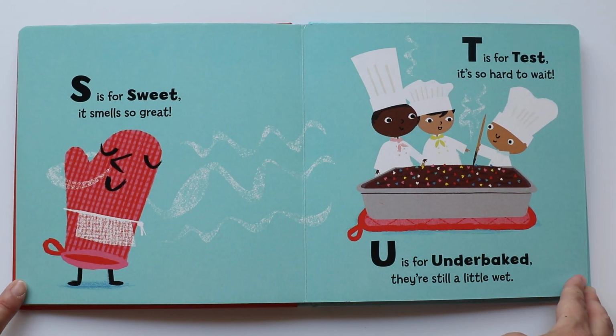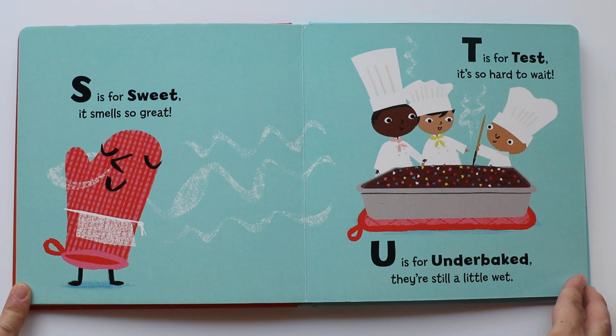S is for sweet. It smells so great. Yes, when desserts come out of the oven, they smell so good. And you get to smell them, you go,